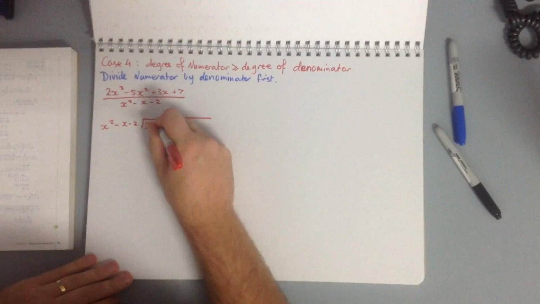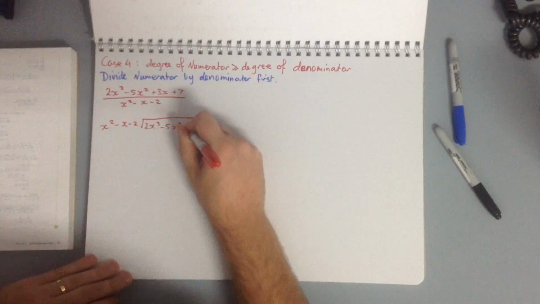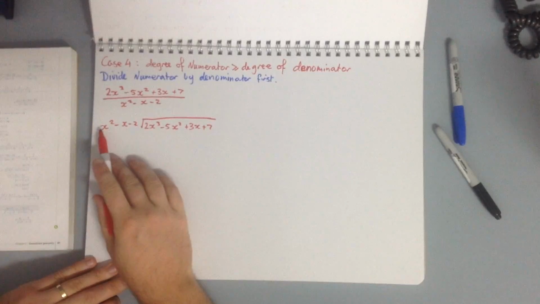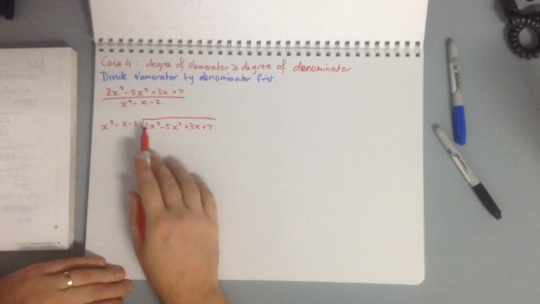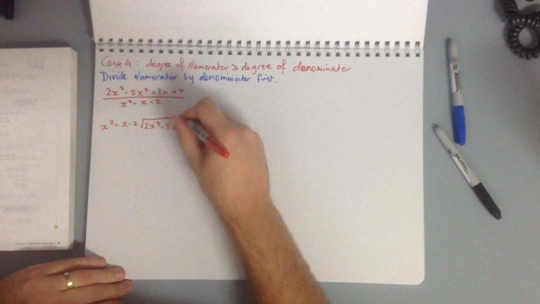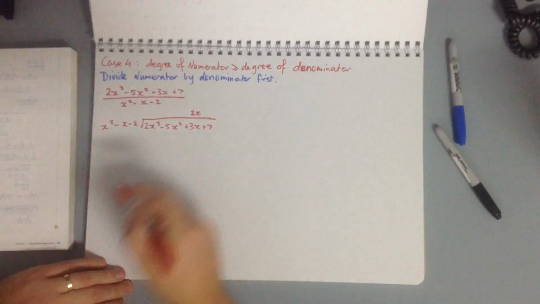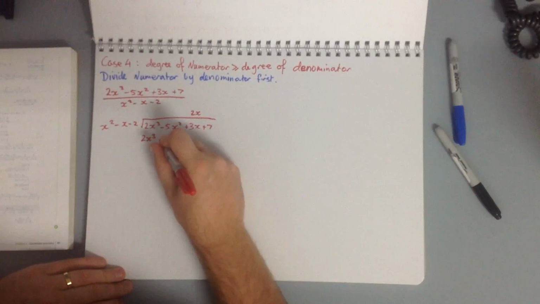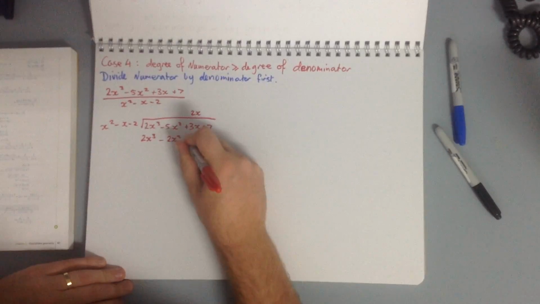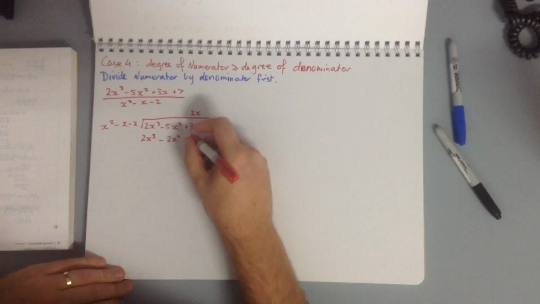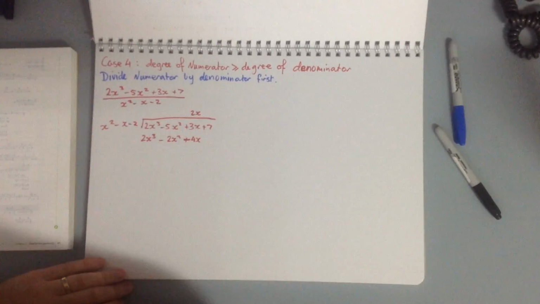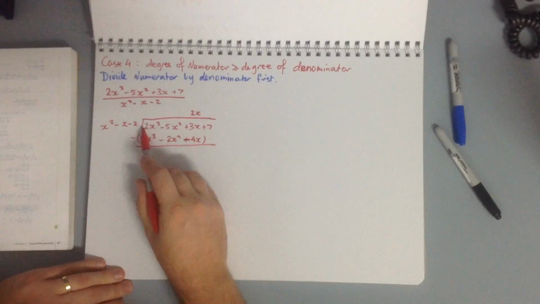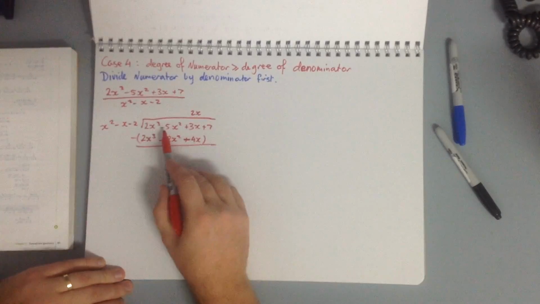We've got our 2x cubed minus 5x squared plus 3x plus 7. Again, we only worry about this first term, and we ask how many times x squared goes into 2x cubed. The answer will be 2x. Multiply back around, so you get 2x cubed take 2x squared plus, no sorry, take 4x. Bracket, bracket, take away the line underneath, 2x cubed take 2x cubed is 0, that's the whole point,